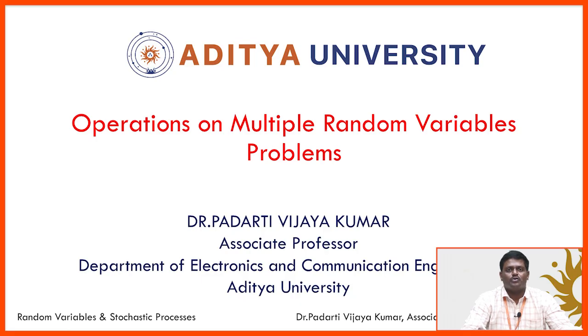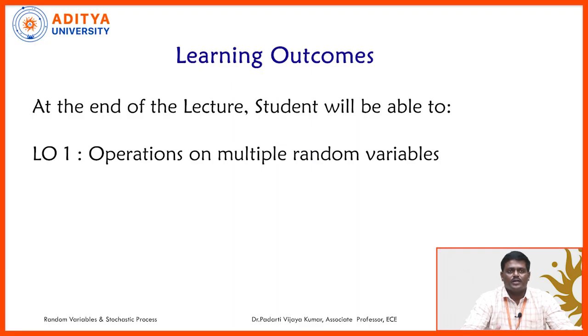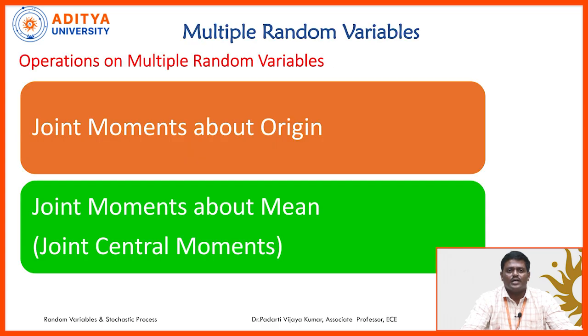In this session, we are going to see the operations on multiple random variables. At the end of this session, the learning outcome is that we will be seeing the different set of operations we can perform on multiple random variables. There are different operations we can perform, such as joint moments about the origin and joint moments about